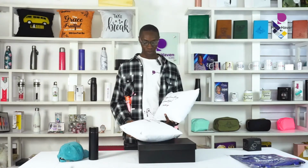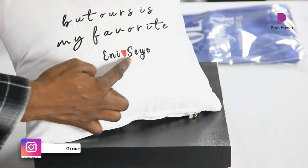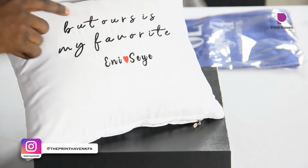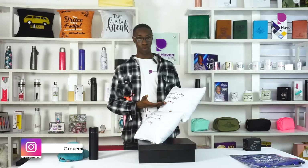Now, these lovey-dovey pillows, you can see we can have anything imprinted on it right here. As you can see, these are love quotes for both the male and the female that are going to be using these pillows, and we'll definitely print them, package them, and deliver them to your customers directly without you having to do any stress, right? So now moving on to the third item,